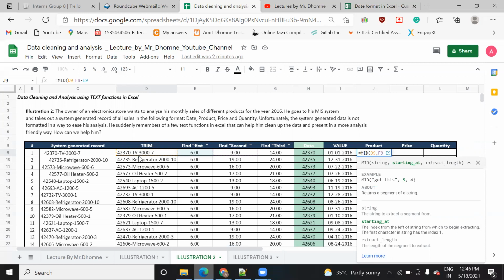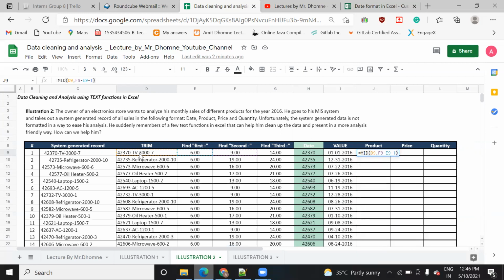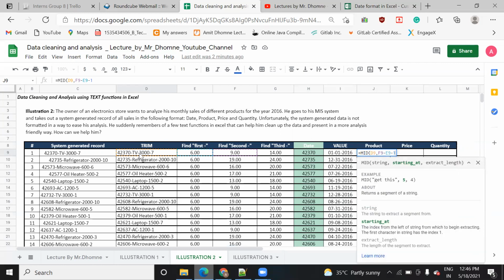I repeat once again, you can see this. The second hyphen is present at the ninth location. The first hyphen is present at the sixth location, and your data is present at the seventh and eighth location. You can count it also from here: 1, 2, 3, 4, 5, 6, right? 7, 8. So you need to subtract one more and just close it. But before doing that, you have to first specify the starting position also.